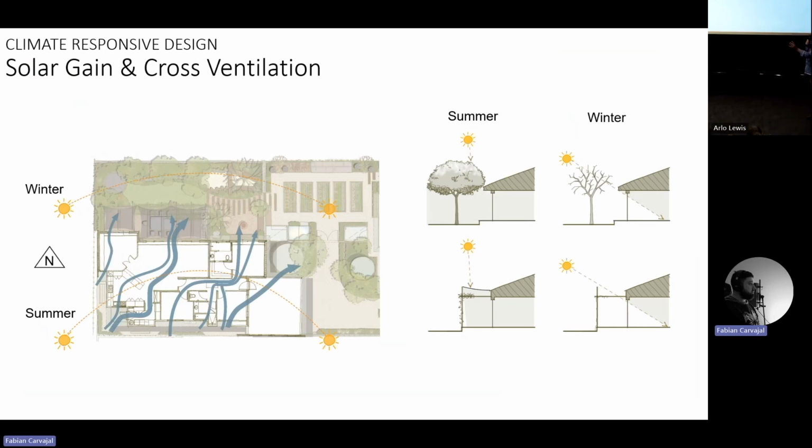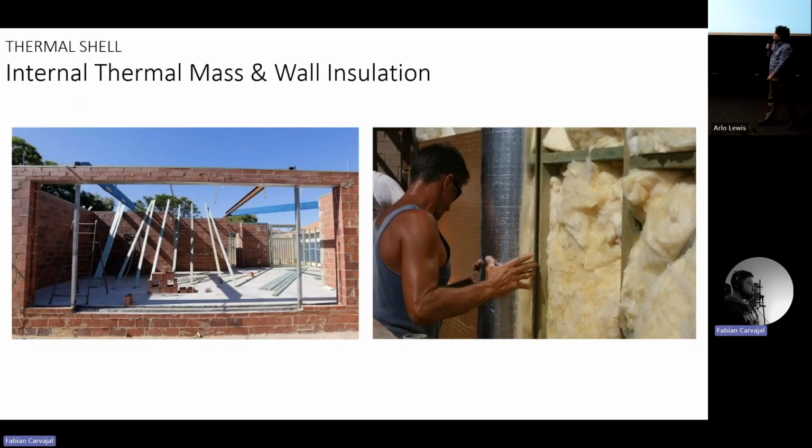So with the house designed essentially arranged to capture warming winter light to keep it warm and to exclude unwanted solar heat gain, and to then cool down in summer using simple shading strategies, deciduous shade trees, and shade sails that come up in summer and down in winter. As I mentioned, we used typical building materials, so high thermal mass materials to stabilise the internal temperature, concrete slab